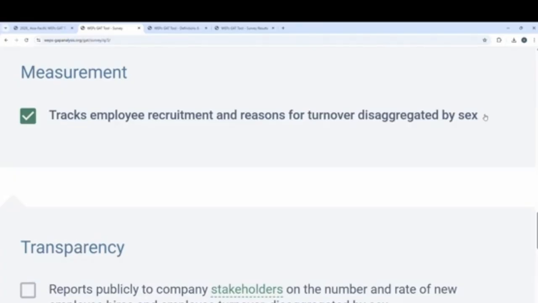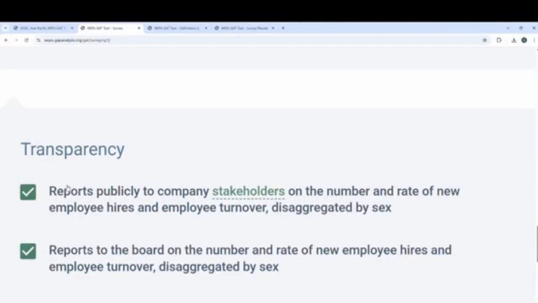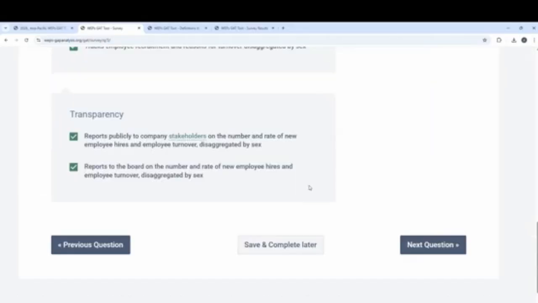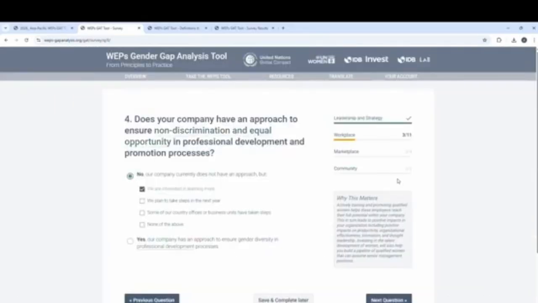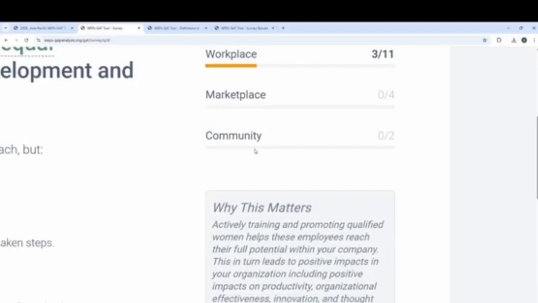If you're doing that, it's fabulous. But right now, the GAT really does just look at disaggregation by male and female. And then these two questions on transparency are often the same. Reports publicly to stakeholders or in sustainability reports, and also reports to the board or kind of to internal leadership. So every question is kind of like that. I won't go through every different question, but all the questions kind of follow a similar suit where you have those 4 stages. You tick everything that applies. It has that glossary of terms available for most of the things that come up,